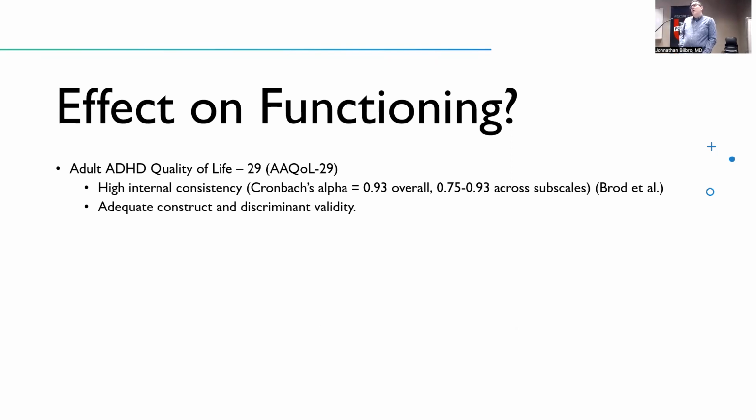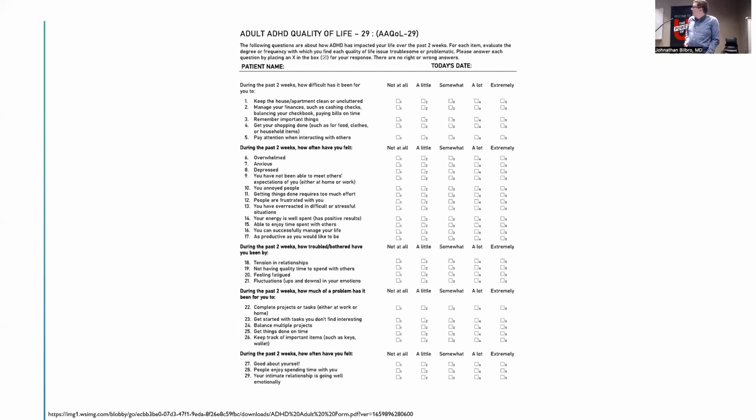As we mentioned earlier, when we think about the diagnosis, like most psychiatric illnesses in the DSM, there has to be some effect on someone's functioning, right? It has to cause some level of impairment. There is a tool that's used to help quantify this. It's called the Adult ADHD Quality of Life 29, or the AAQOL 29. Here's the AAQOL 29, and again, just a variety of questions. The patient thinks back over the past 2 weeks, and they answer how often they've experienced these problems. And so again, you can use this as a way to quantify how severe these symptoms are, and what kind of impact it's really having on the patient.